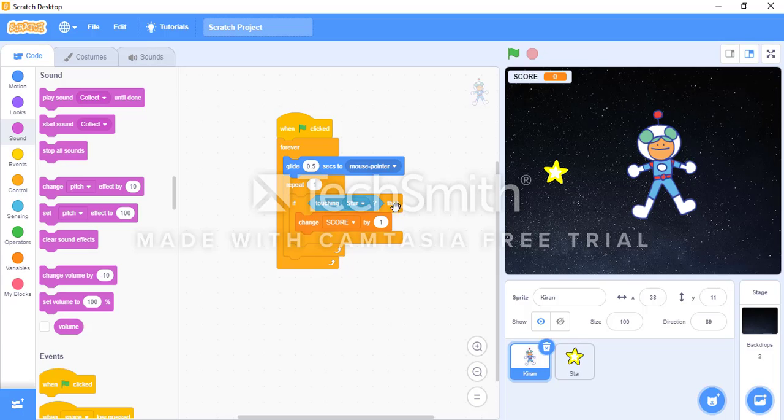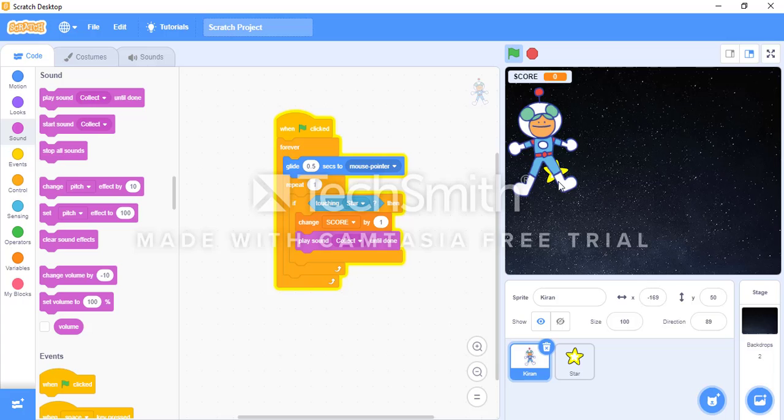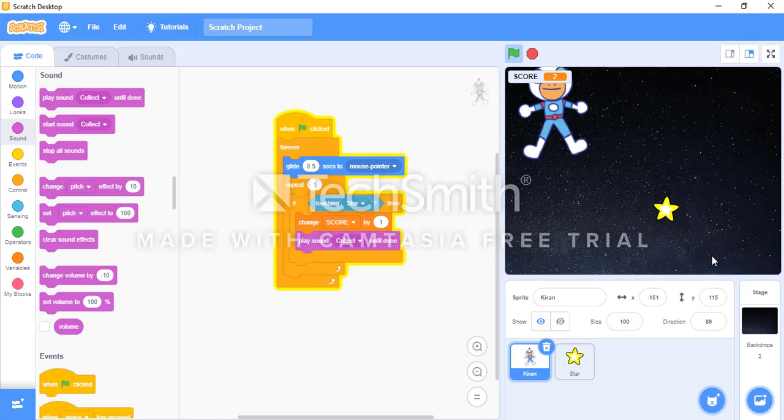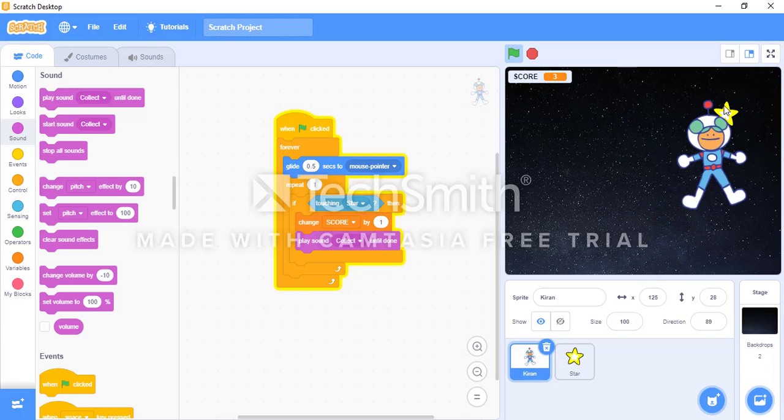So in this tag, if touching star, then I'll add this code, play sound collect until done. This basically means that when this sprite touches the star, the score would be increased by 1, and at the same time the sound collect would be played. Let's see if it works. Yeah.